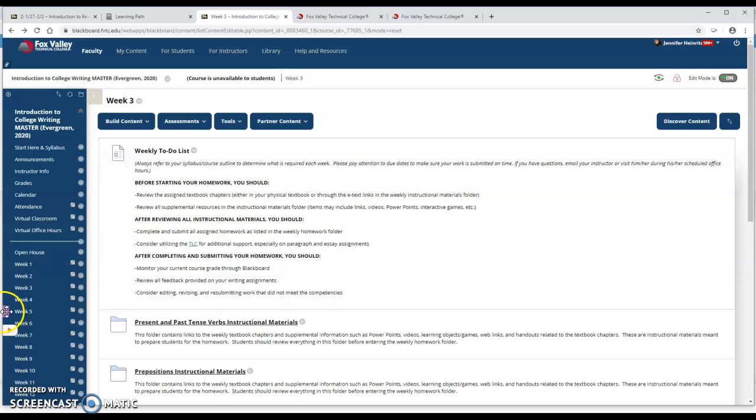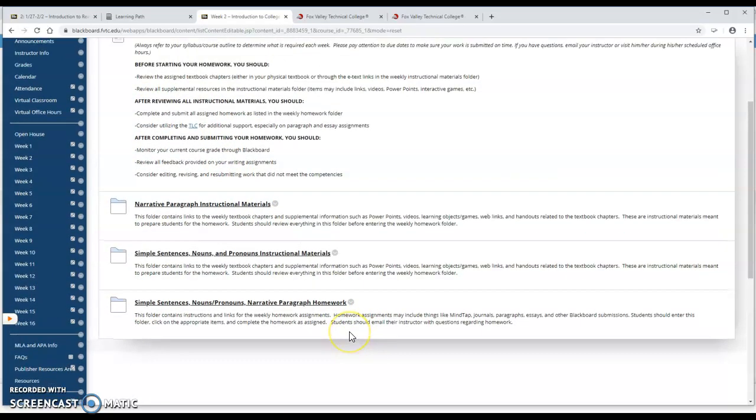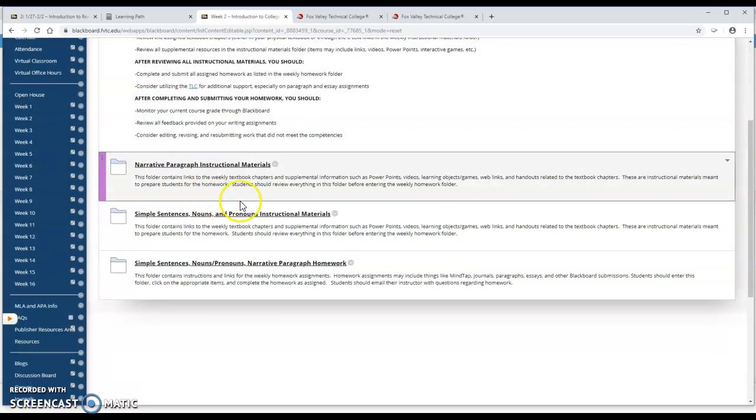You can see in this class, we don't have a tab specific to MindTap. Every week that students are in the class, they have their weekly tab. When they click on their weekly tab, we have everything organized in folders, which we also do in our Intro to Reading class with My Reading Lab. But again, we can't sync up My Reading Lab into folders. So anyway, back to Intro to College Writing. If I click on this folder here,